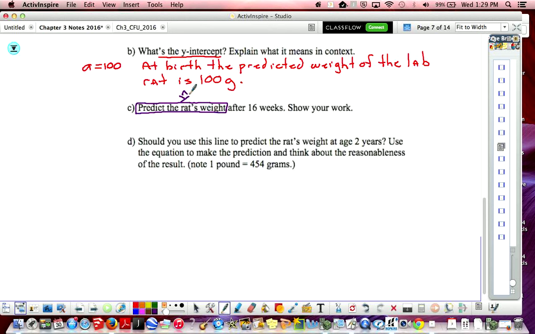After 16 weeks, what's that variable? 16 weeks stands for x. Beautiful. So now let's plug it into our equation. I have y hat equals 100 plus 40 times my x. I'm replacing the x with 16. So 16 times 40 plus 100 tells me that my y hat is